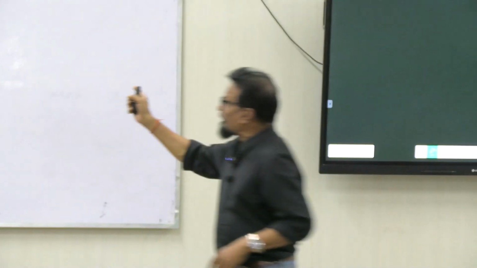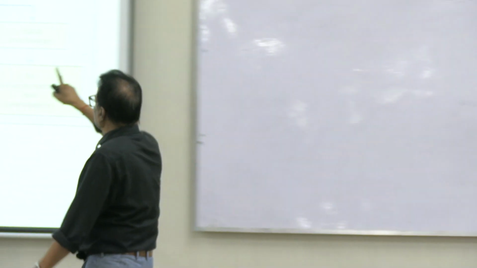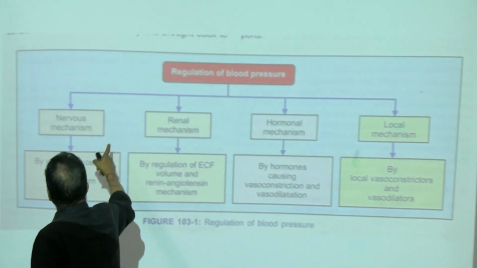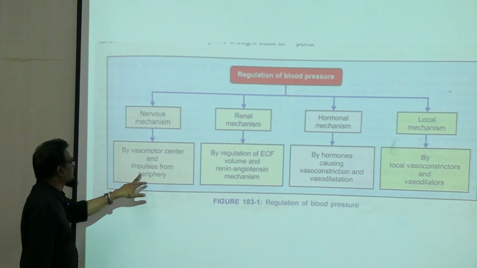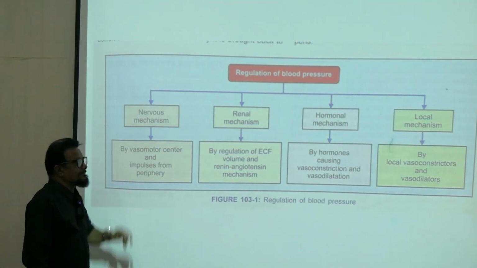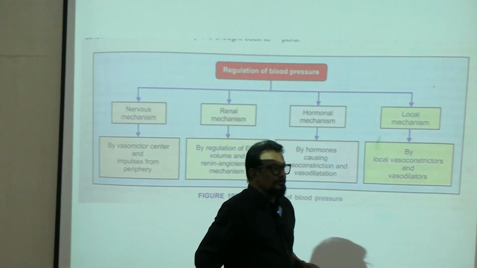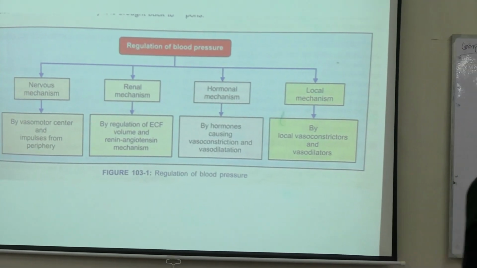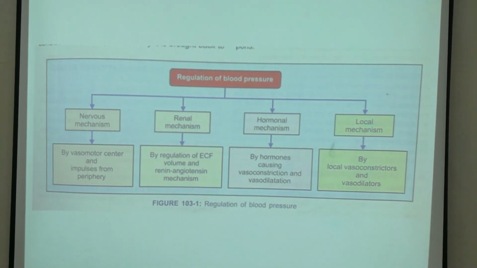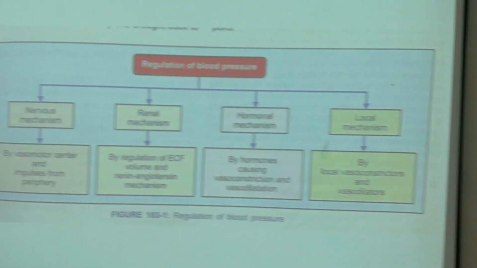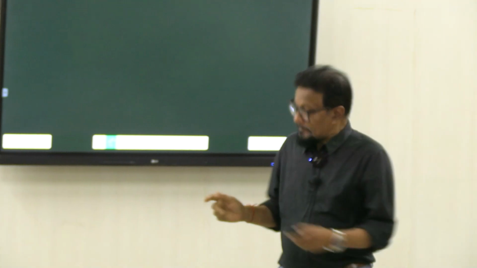So these are the different mechanisms: nervous, renal, hormonal, and local. The nervous mechanism involves the vasomotor center and impulses from the periphery. Let us discuss this. The nervous mechanism will involve 3 things. One is the medulla, the vasomotor center. Since it is a neural mechanism, there must be a center. Besides this, there will be some